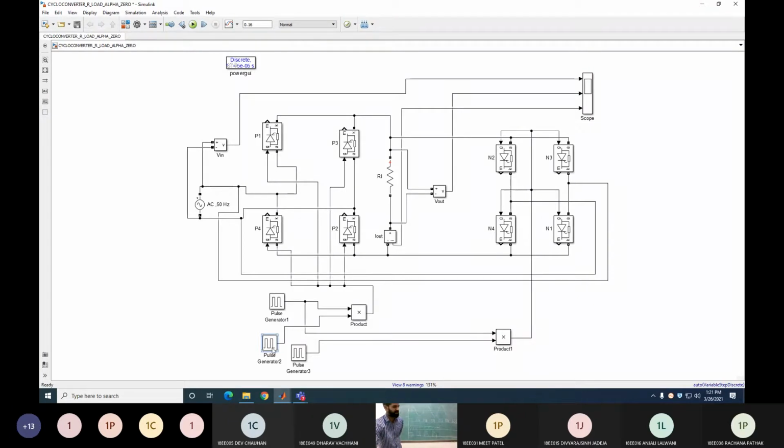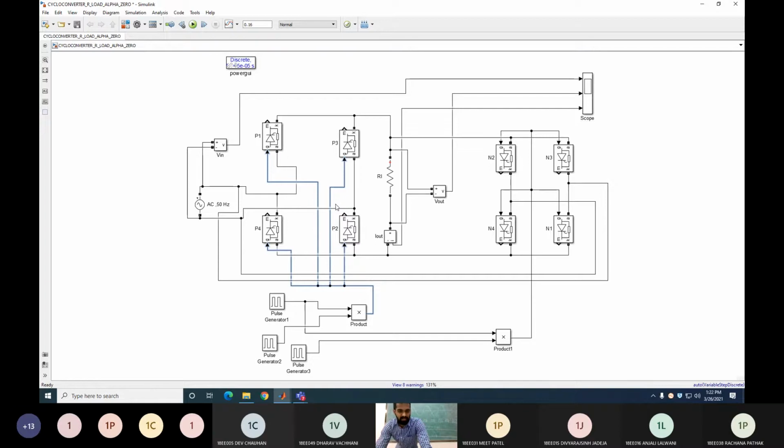Clear? So here we will see in the theory that we get the output 1 only and only in the first 2 cycles, and for the remaining 2 cycles we get the output 0. So you can see that this product output we applied to the positive group thyristors P1, P2 and P3, P4. Clear? But now the question comes, why did we apply the same gate pulse to all the 4 thyristors, because at that time only 2 thyristors will turn on.